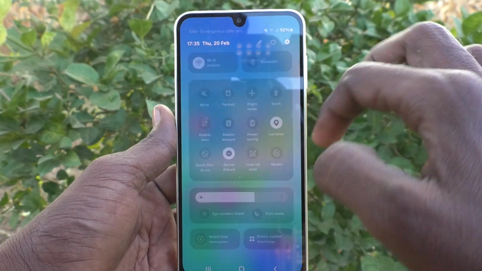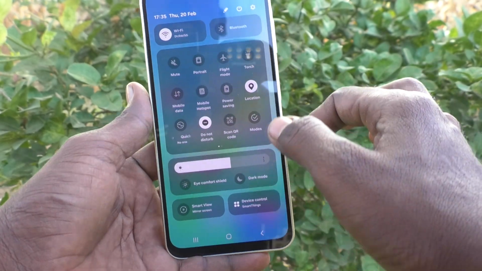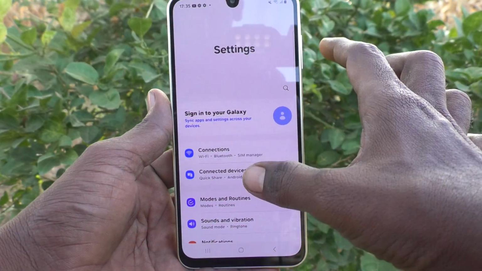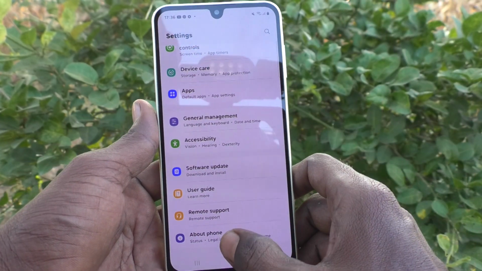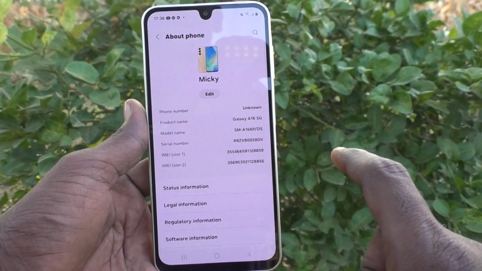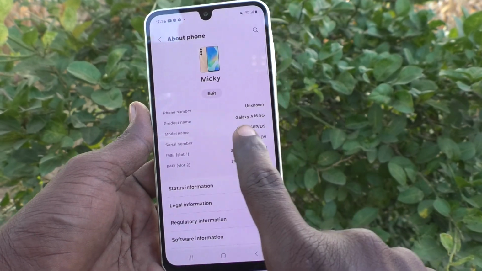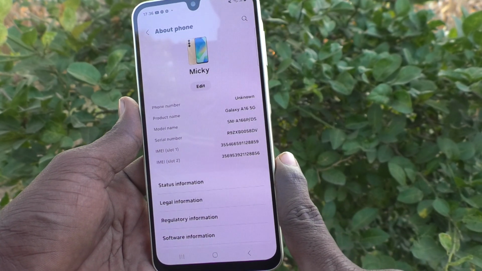What you do, just go to the settings of your phone first. Go to the settings here. Then go to about phone. Go to about phone here. And here you will find model name. Here the model name is written as SM A16